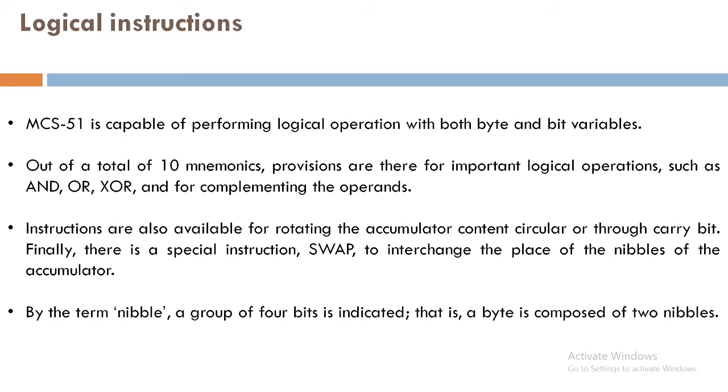See, microprocessor 8085 and the microcontroller 8051 are more or less similar, but this one follows the Harvard architecture, where we have a program memory and a data memory separate. But in case of 8085, we were following the von Neumann architecture, where the program code and the operands reside in the same memory module.